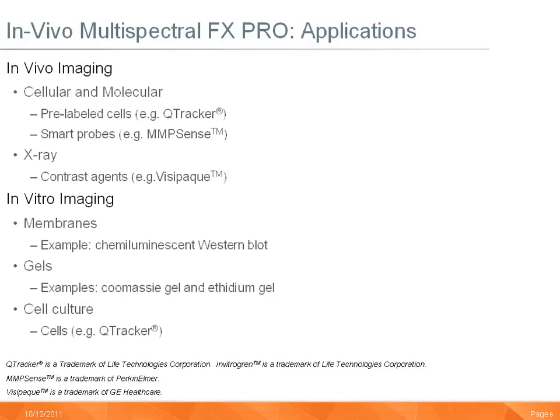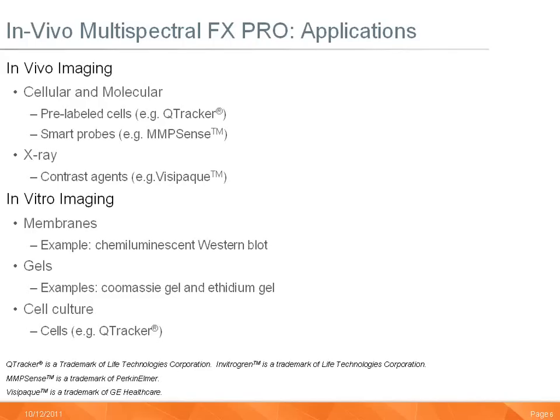The applications for the system include both in vivo and in vitro imaging. Examples of the in vivo applications include detection of cellular or molecular markers. Some examples of commercially available markers include Q-Tracker and MMP-Sense. Q-Tracker has been used for fluorescently labeling cells for subsequent in vivo imaging. MMP-Sense has been employed for in vivo detection of matrix metalloproteinase activity, which has been employed as a pretty broad-acting